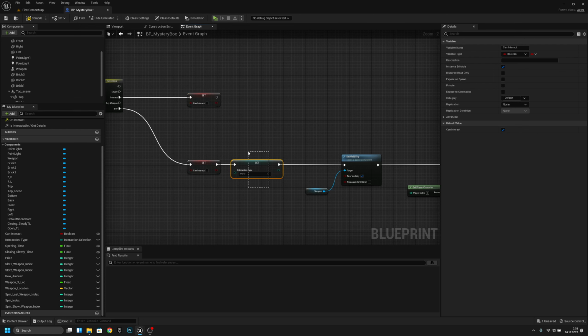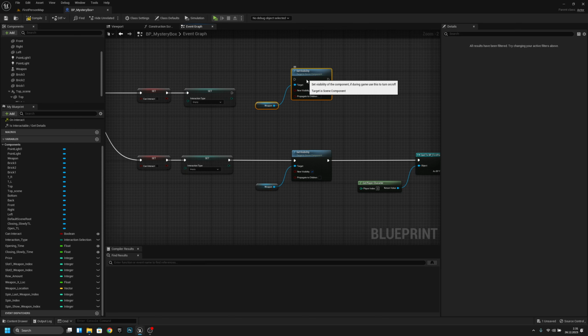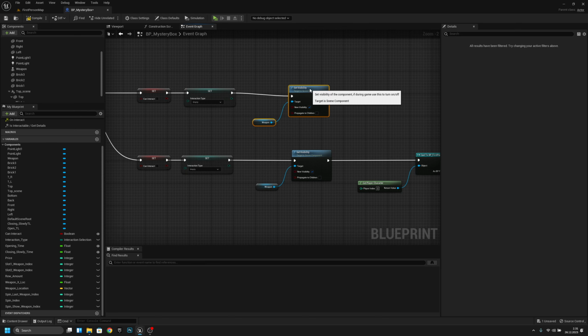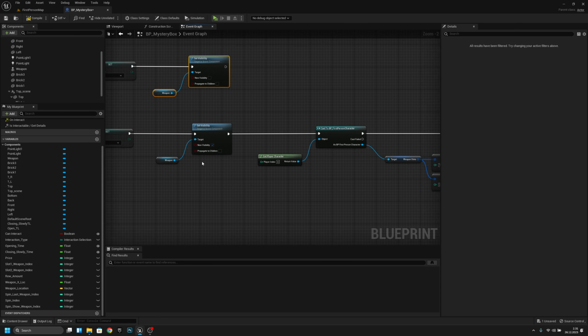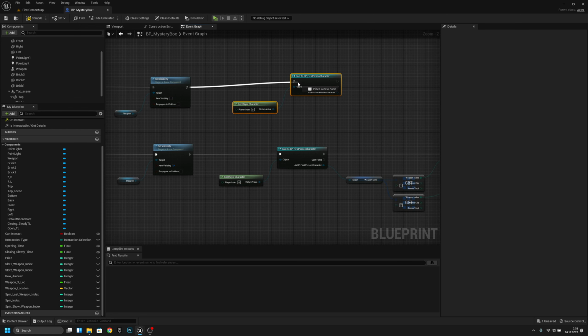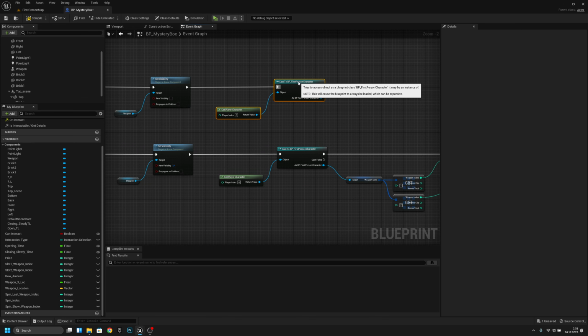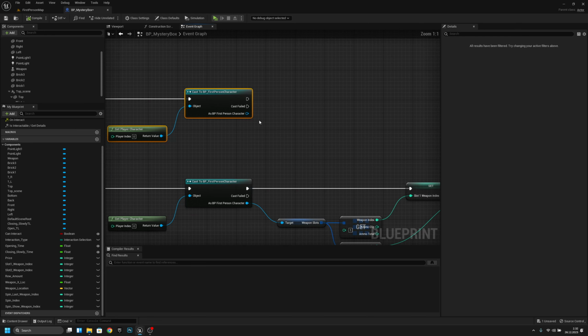And now we want to copy this interaction type to here and set this also to empty, like that. Now we want to set our weapon visibility, because when we get the weapon from the box, we want to set it immediately invisible. And after that, I think we want to get this, cast this, get a player character and copy it to here. And what we want to do with this one, compile, and from this